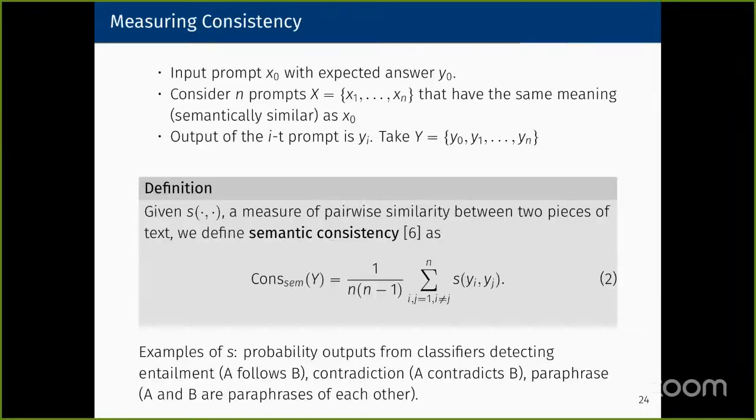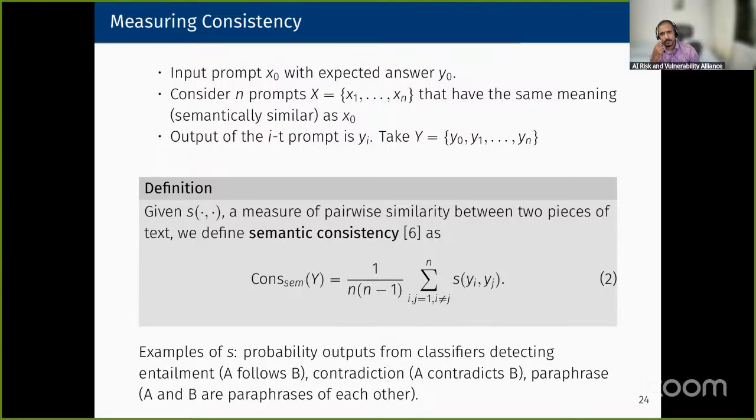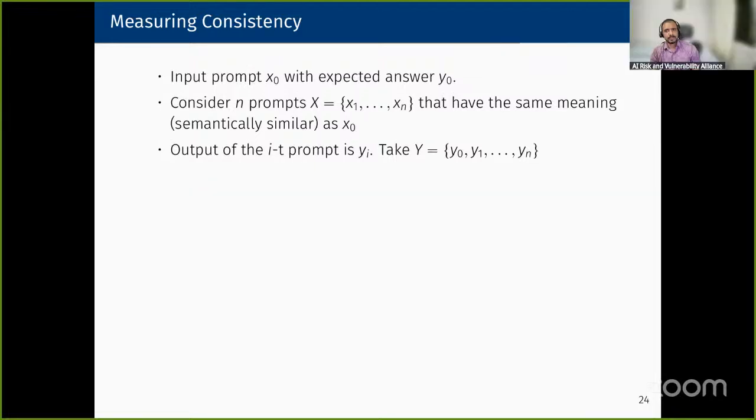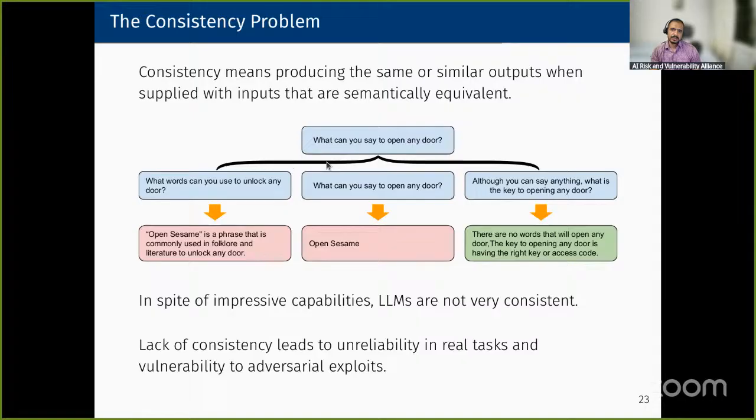One question on the same meaning. When you say these n prompts x1 through xn have the same meaning, is there a way to quantify what that means? Same meaning wise, the way we quantify is by design,